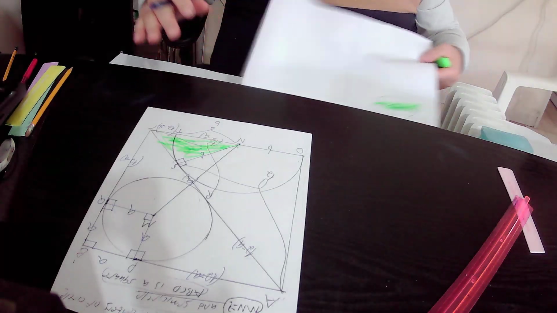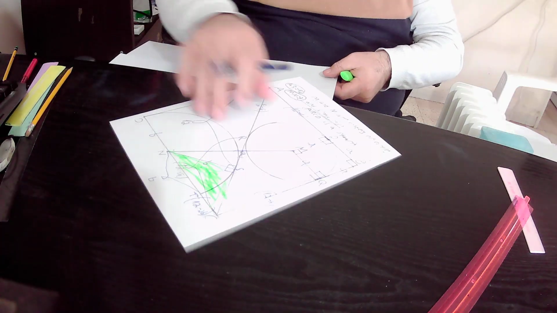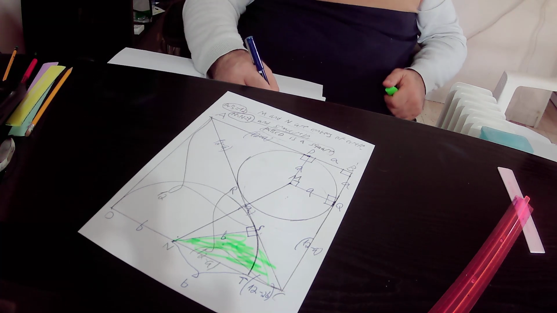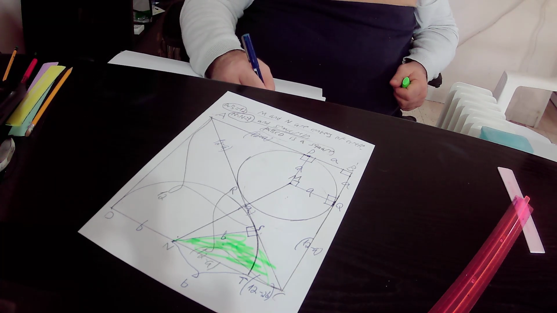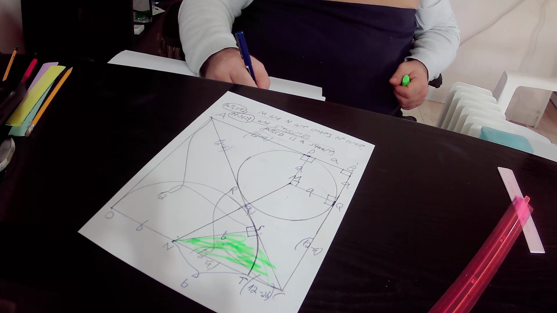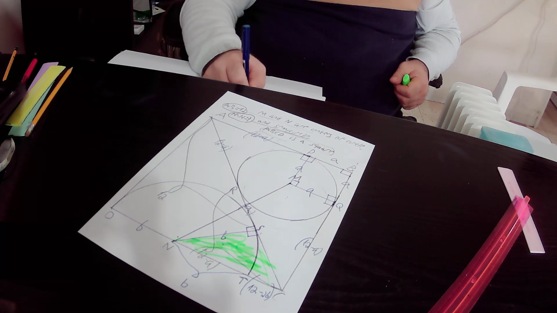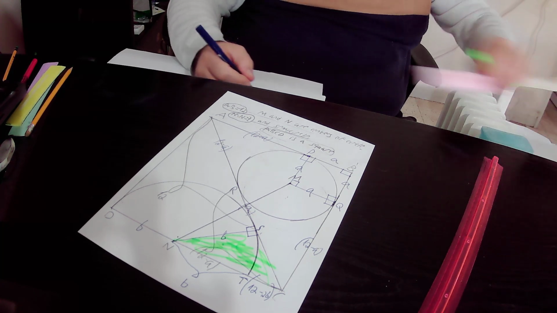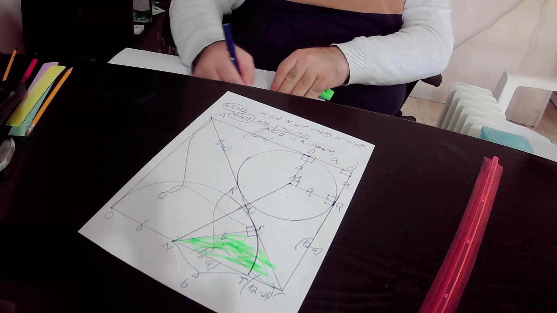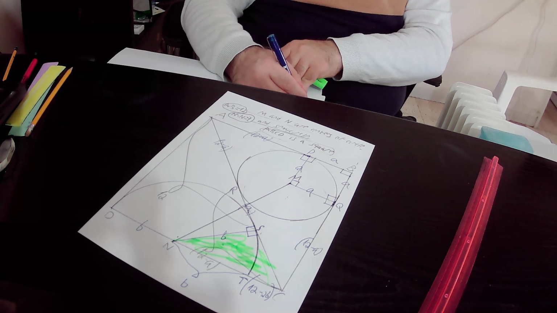So in the right green triangle NCS, according to the Pythagoras theorem, we will get that